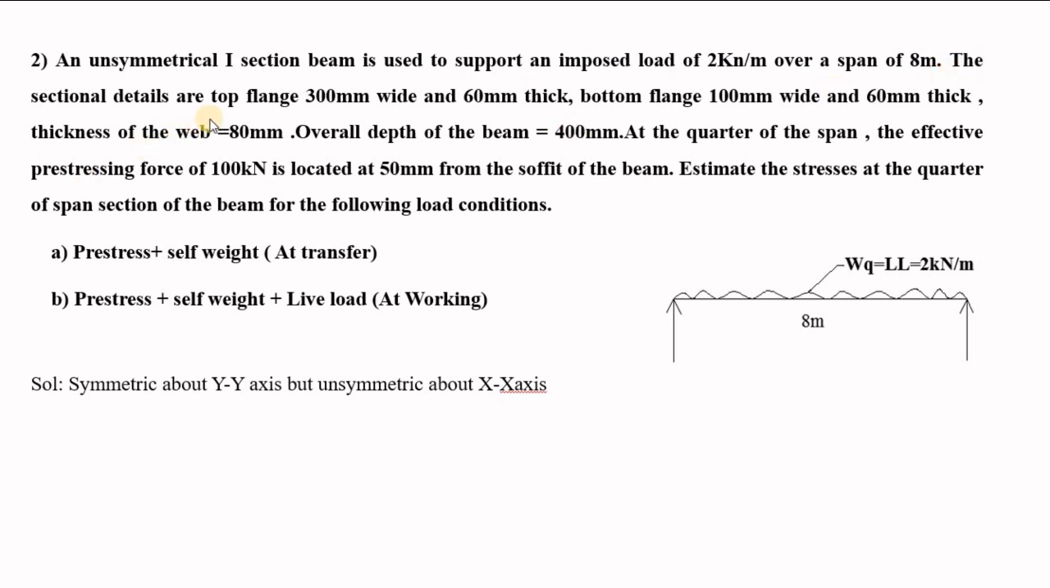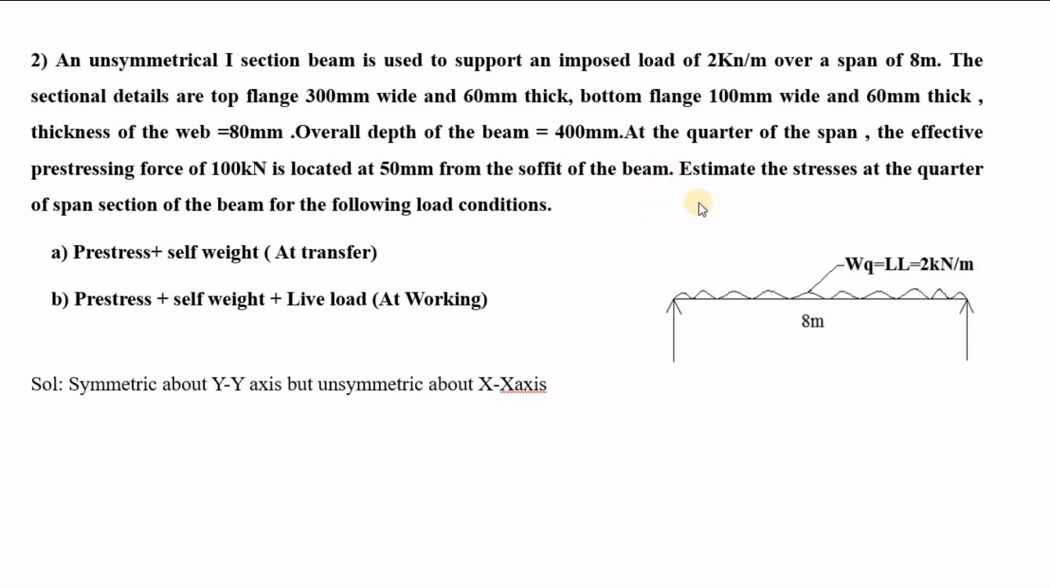The sectional details are top flange 300 mm wide and 60 mm thick, bottom flange 100 mm wide and 60 mm thick. Thickness of the web is 80 mm. Overall depth of the beam is 400 mm. At the quarter of the span, the effective pre-stressing force of 100 kN is located at 50 mm from the